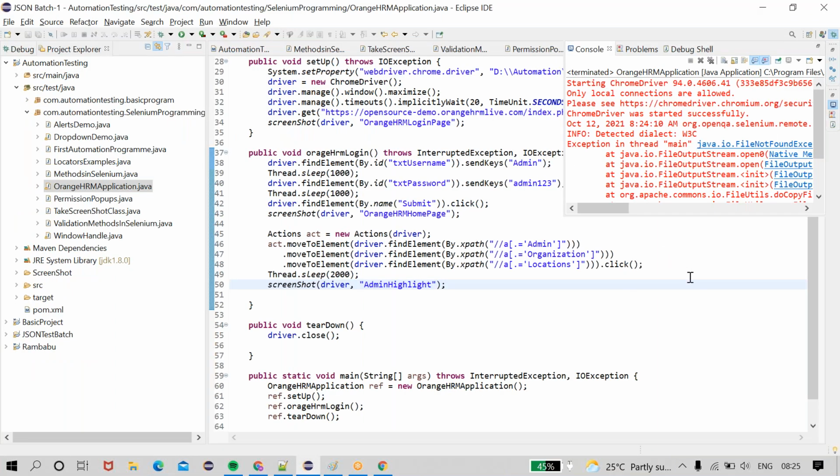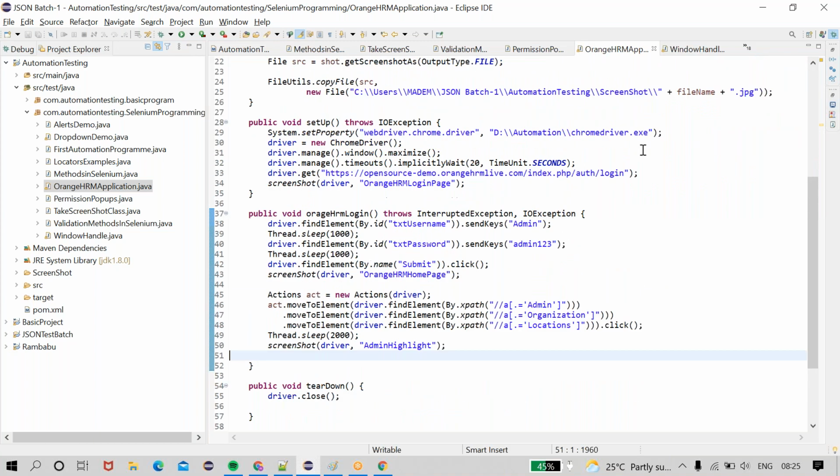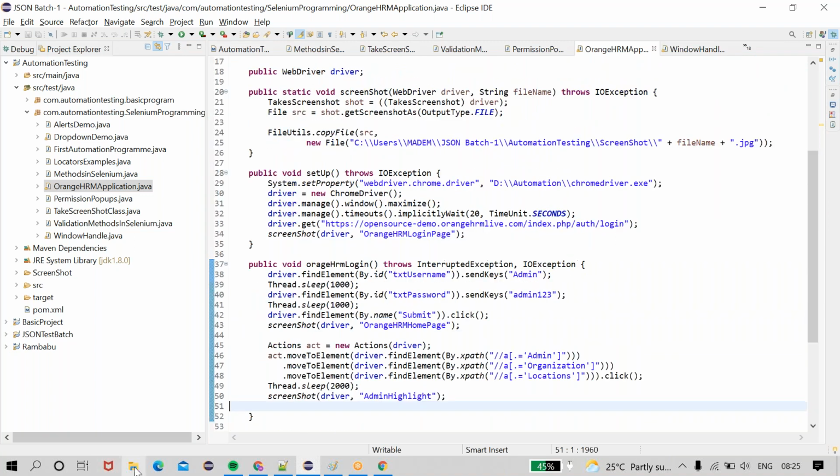In the file output stream, if you are giving any path for taking a screenshot, and that path is in the open state, it won't perform the operation over that area. Remember, if we are going to take a screenshot or read an Excel file at runtime and they are open, we can't perform any operations over that area.